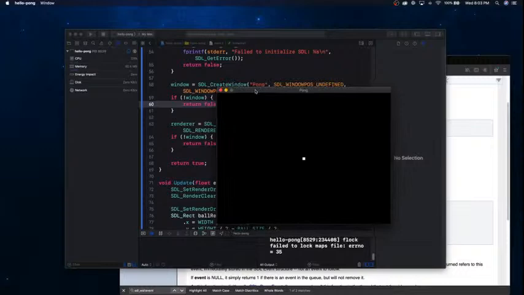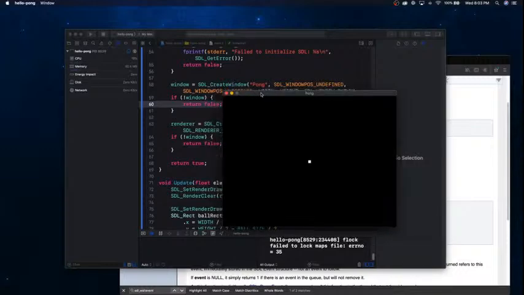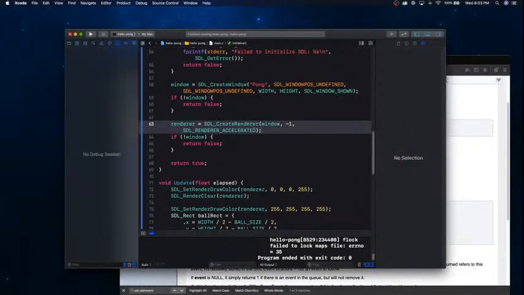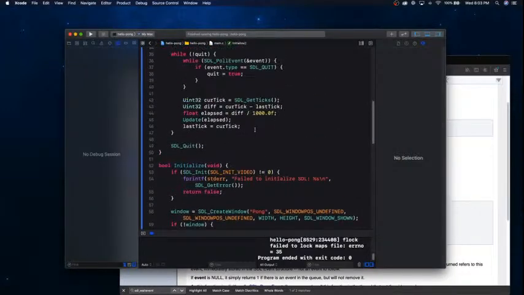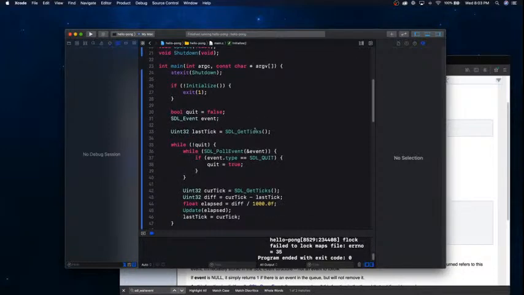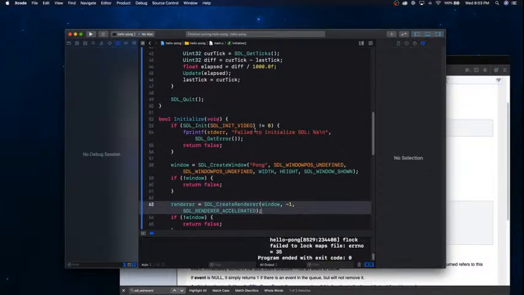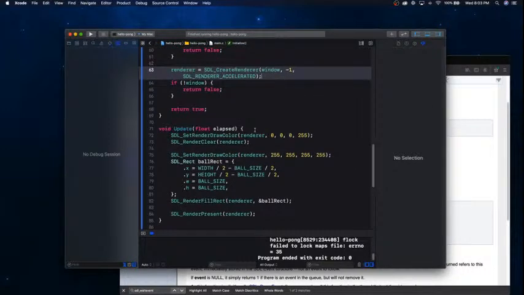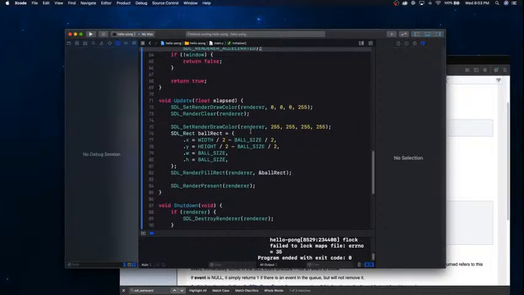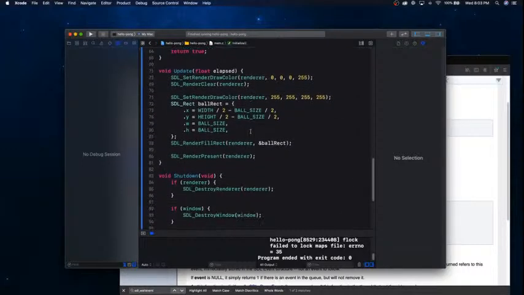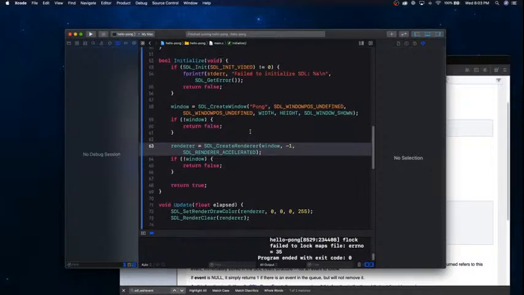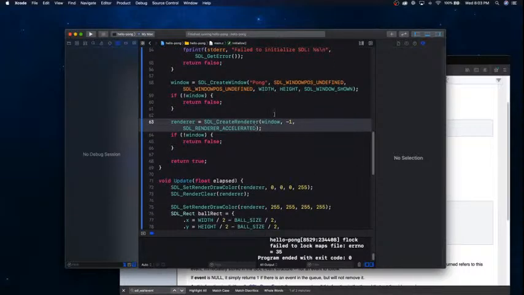Now we can actually save a little bit on battery life here. And we can also improve our image quality a bit, by going to our render setup and adding a flag to it,